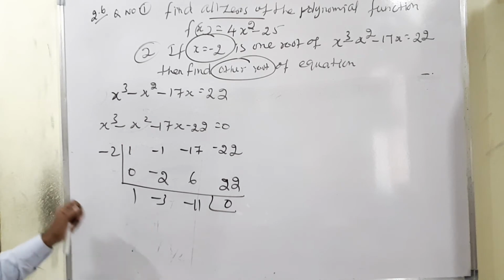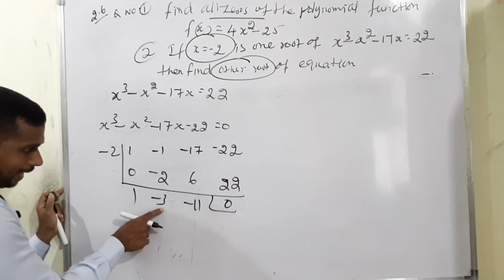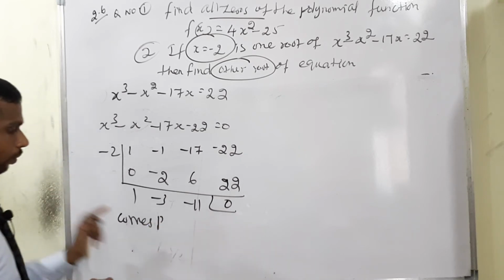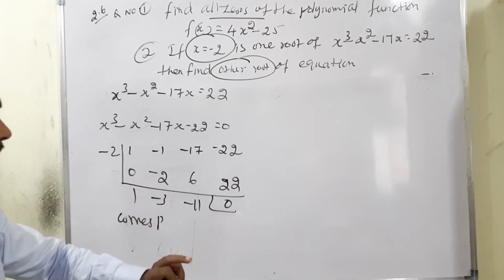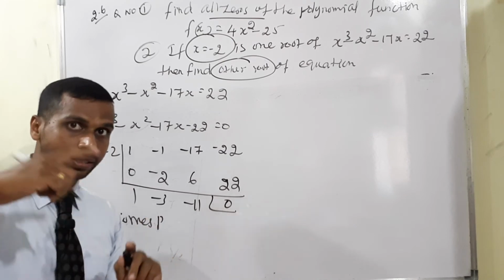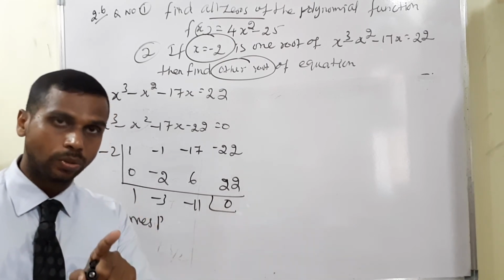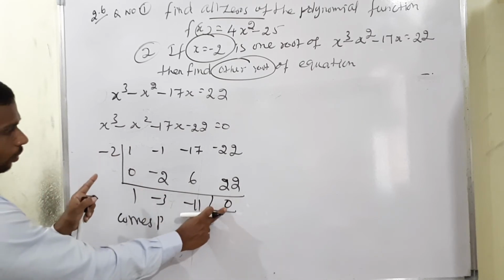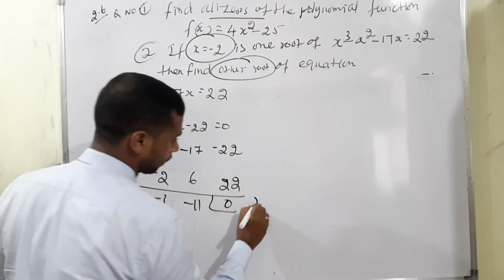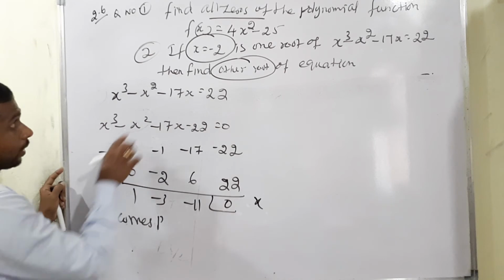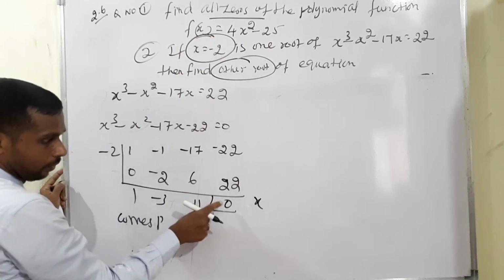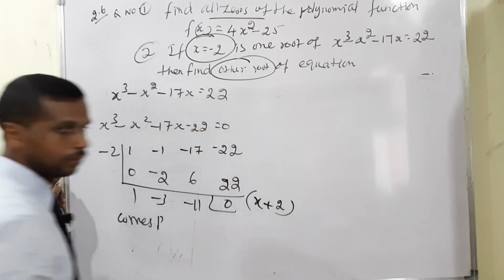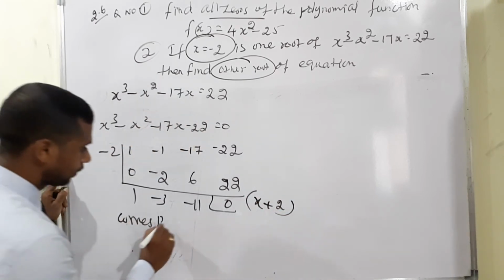Therefore, the corresponding factors are the constant, x and x square. One of the factors, as I told you in the concept: if you have x minus a is equal to 0, we can say x is equal to a. Here x is equal to minus 2 is the solution. Therefore, bringing it to the opposite side, x plus 2 is one of the factors. Now, the corresponding factor